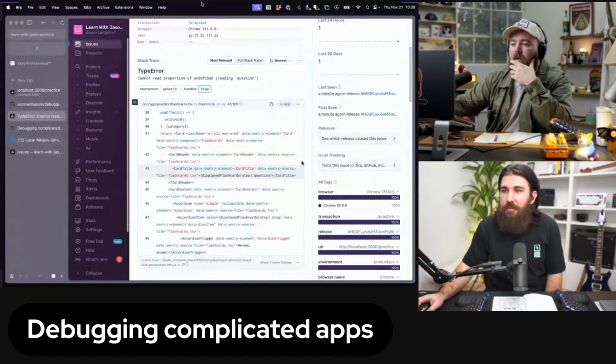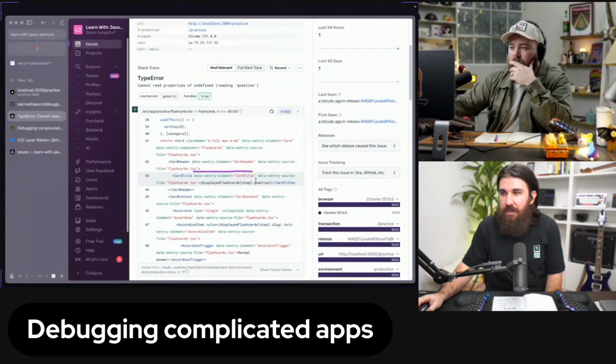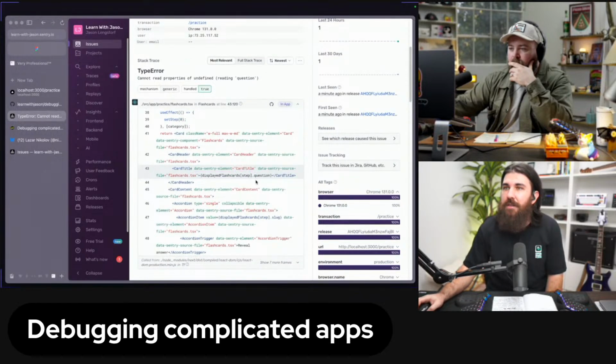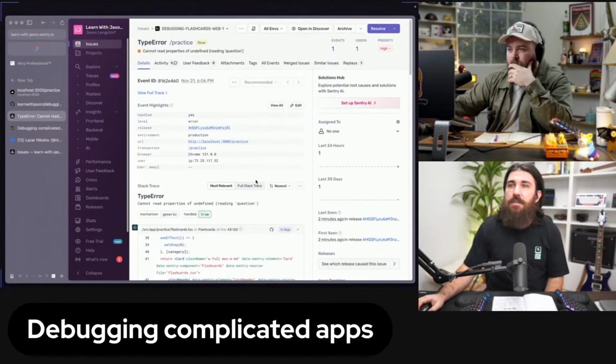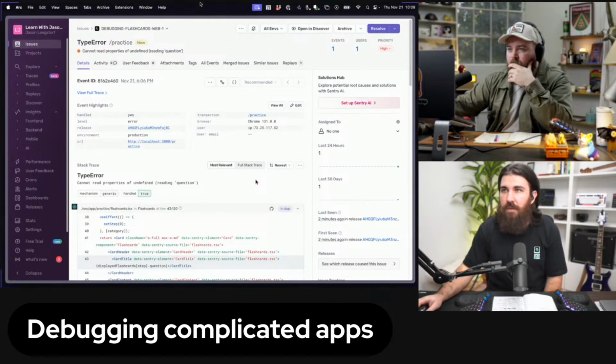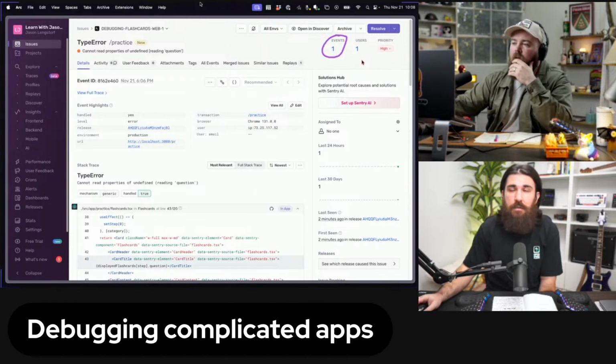Yeah, okay. All right. We have the source code. These are the annotations that we saw. And this is basically the issue details screen. We have a lot of stuff. So let's go up. This, for example, as opposed to other tools out there, we are grouping the issues. So if 100 users experience this undefined reading question, there's not going to be 100 issues. There's going to be one issue. It's going to tell you that it happened 100 times and 100 users were affected.